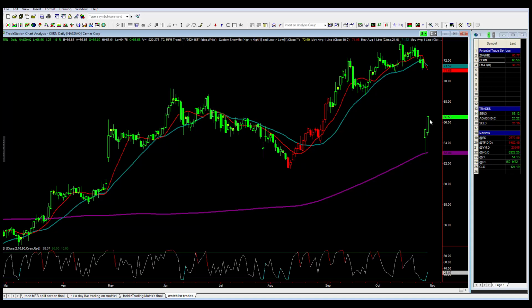Okay. So I ran a scan and this is what we got, and I didn't see that until earlier this morning. But look at this. I mean, the market closed on Thursday at 71 and change, opened up at about 65.5, traded all the way down, nailed that 200 simple moving average and closed higher, right? So if you ran that scan at the end of Friday, you would have seen it, of course. Unless you ran it during the day, you saw this. I should run these scans as the market's opening, or 5 minutes after the opening. I would have seen it, but I typically don't do that. I saw this at the end of Friday,